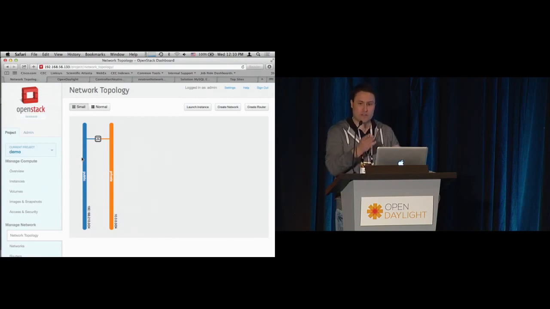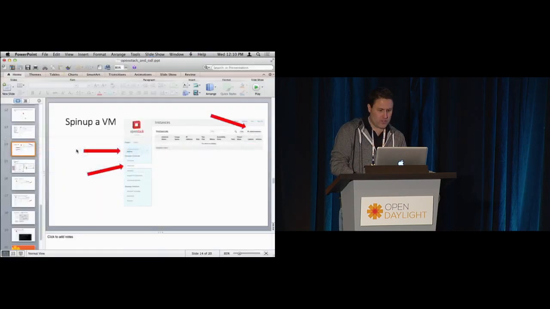Then we can take a look, like Madhu alluded to earlier, at some of the flows that are set up on the Open vSwitch bridge and things like that as well. So let me quickly show this. This is in the slides that people have downloaded as well. So what we're going to do is